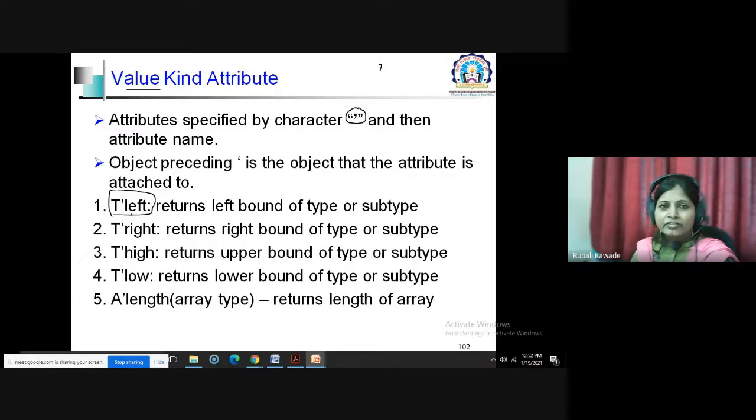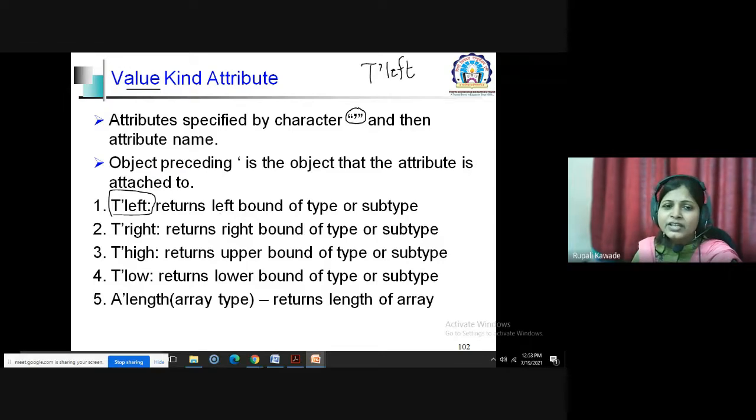So T tick left. Tick left is an attribute. I will write here tick left. This is the value kind of attribute. If it is attached to any object which is preceding it, so T tick left, this is giving you information about that particular object T. What information is it giving?